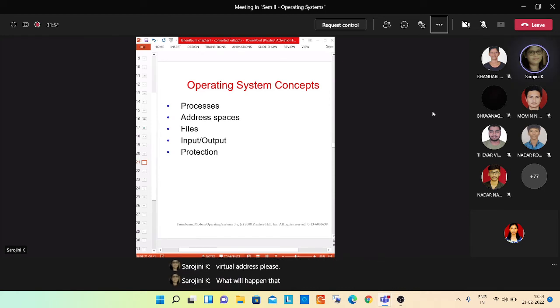That particular required data from the virtual address space of that process will be brought to main memory and put in the address space of that process, and some other data which is already residing in the same address space in the main memory will be taken out and kept inside the virtual memory of that address space.